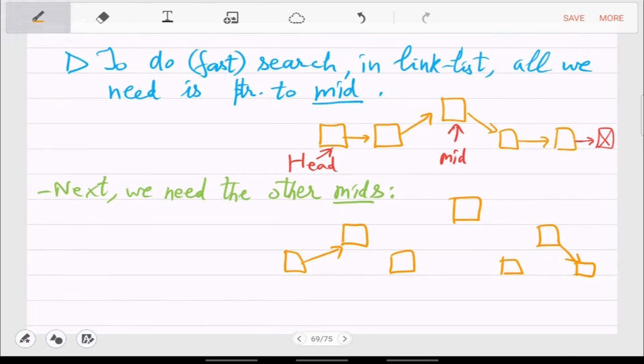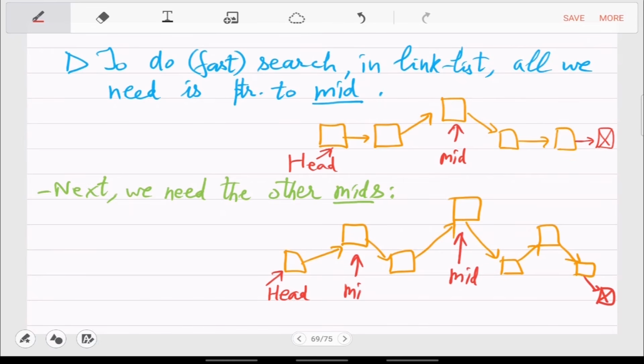Maybe like this. The pointers that you have now are, let's say, this is head, this ends the list. This is your mid, which was stored before.